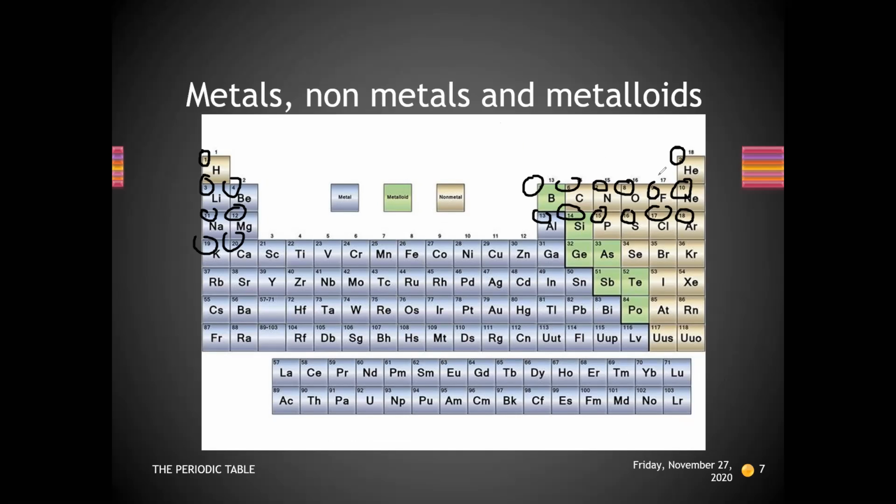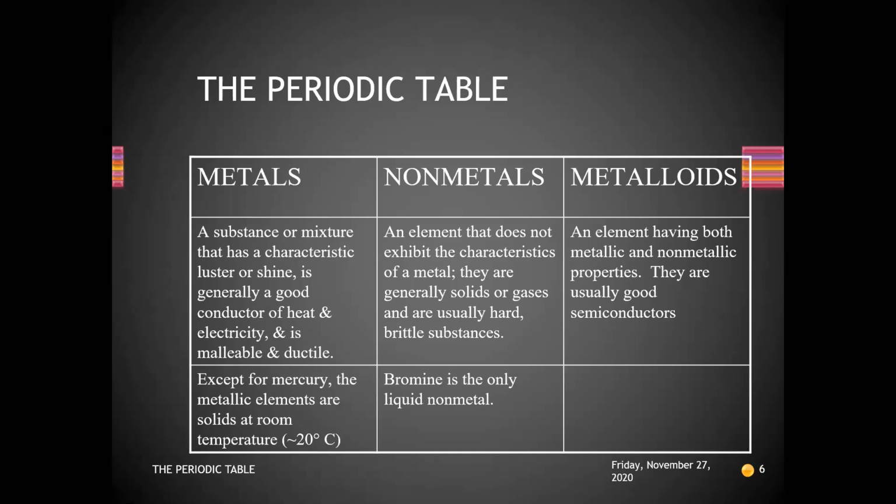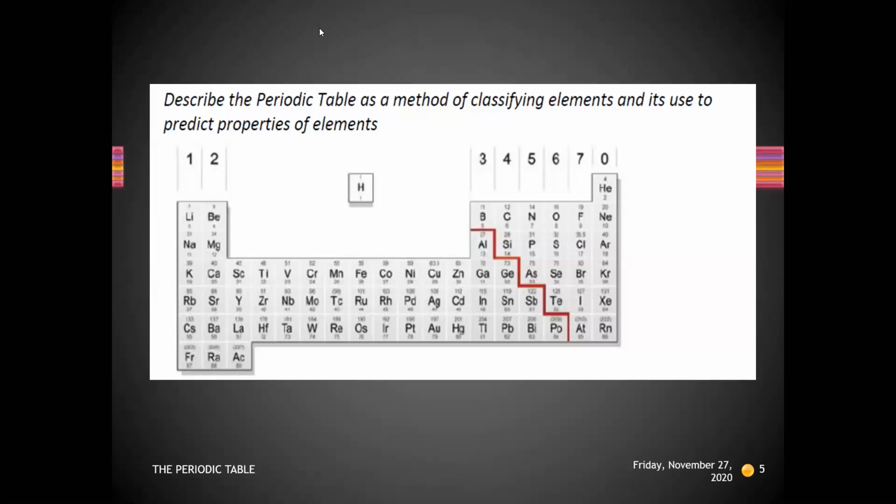The number of every element, this number, is representing the proton number, or number of protons. So I want you to learn it for the first 20. You can see here hydrogen 1, helium 2, lithium 3, beryllium 4, boron 5, carbon 6, nitrogen 7, oxygen 8, fluorine 9, neon 10, sodium 11, magnesium 12, aluminum 13, 14, 15, 16, 17, 18, argon, potassium